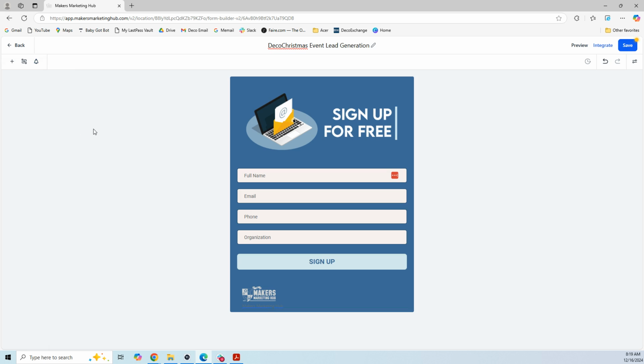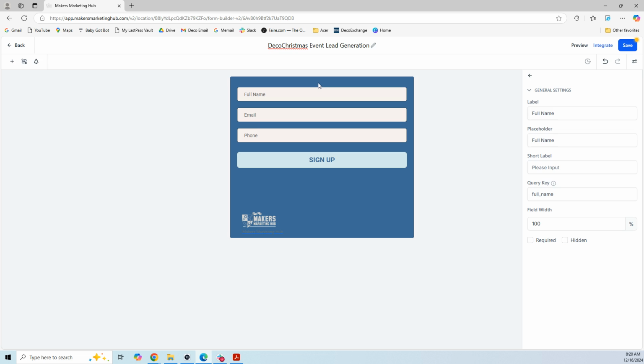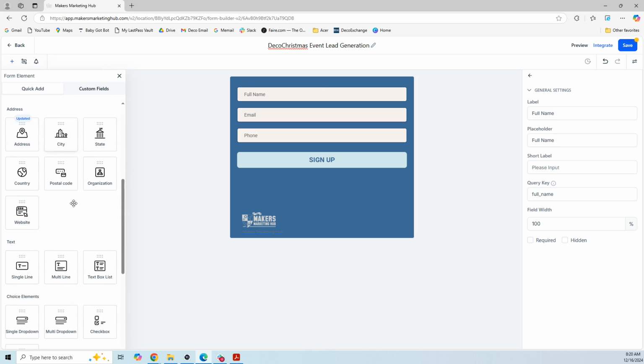All right, so let's get started with our actual form. So for me, when I look at a form at an in-person event, I have to decide what kind of information I want, what is the goal of it, what's happening with it. So I'm going to get rid of this image because I just think it takes up space. I'm going to get rid of organization. And I am going to click on the plus sign and look for